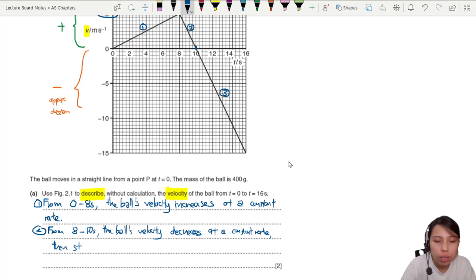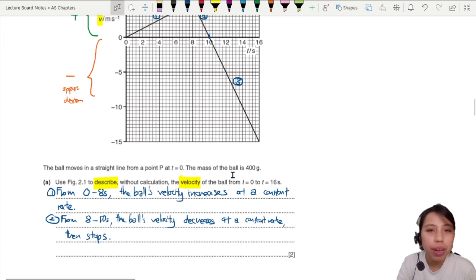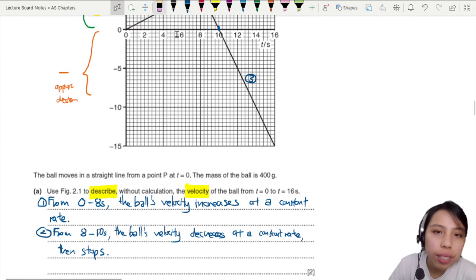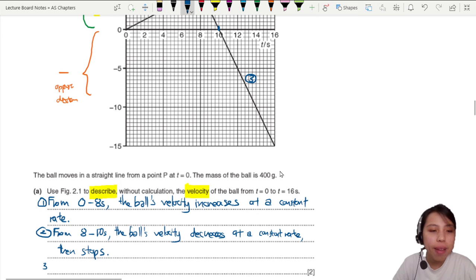Then stops. The last part. Beware. We are now in the negative direction. Negative part of the graph. So, is it increasing or decreasing? Look carefully. You see this graph? We start where? Part 3. You start at 0. And then you slowly get faster and faster and faster until negative 15. But the negative just tells you it is in the opposite direction. So number 3, we're going to say from 10 seconds onward, okay, the ball